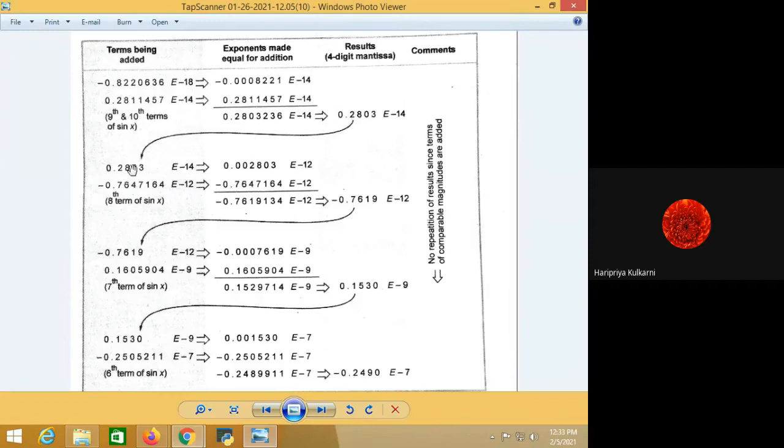Then I added this answer with the eighth term. Okay, normalized it to E minus 12. You can make it minus 12, minus 14, anything. Okay, then I have added. So added means if one of the signs is minus, you have to take the subtraction. Okay, if both the signs are positive, then only they are added. So addition, subtraction, same rules are there. So directly you can add it together. You can do it on your calculator as well. You will get the exact result. So this is what you have got.